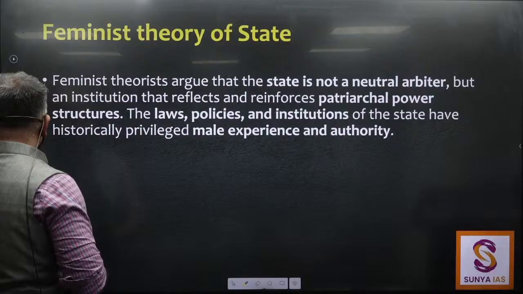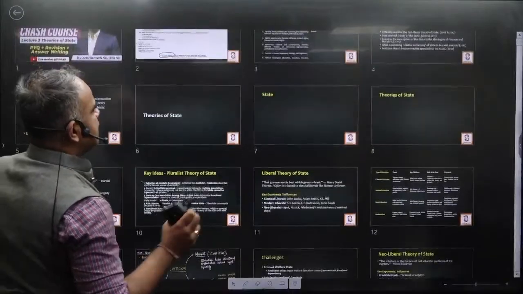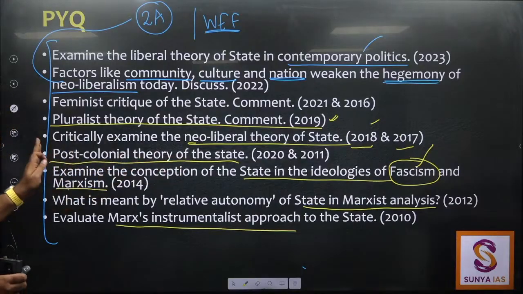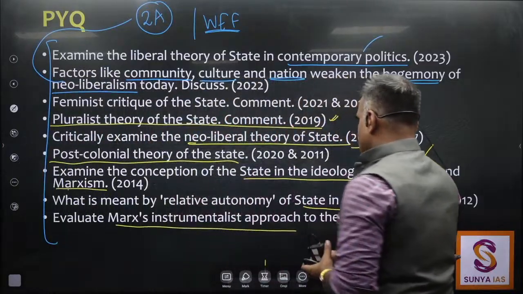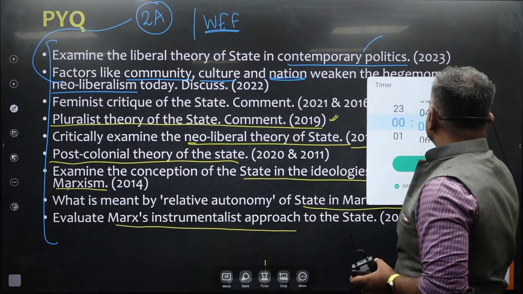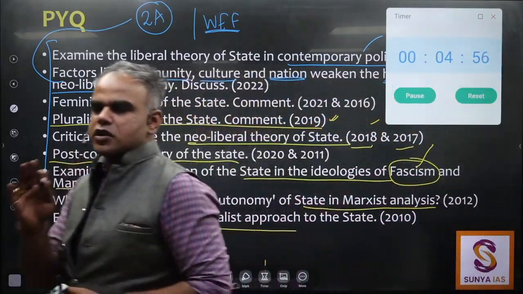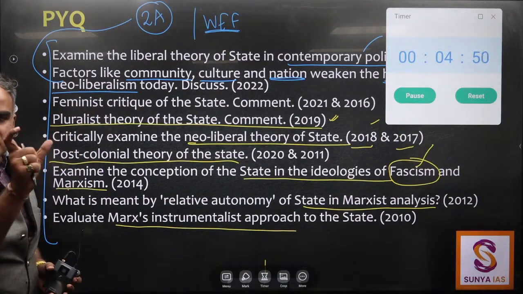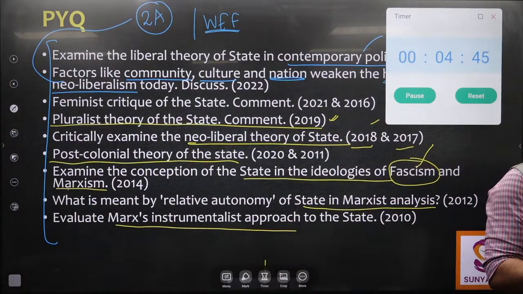Now just before I come to this, कोशिश करो, I think एक question तो I'll just give, maybe you can just brainstorm here in the class itself. Question है हमारा, just write this question down. Post colonial theory of state. Whatever we have read, try to think about it. I'll just have a very short timer, 5-minute timer. The question is post colonial theory of state. First make an outline, and then on the outline just a couple of keywords that you will expand on. People online as well. उसके बाद we move to feminist theory of state.